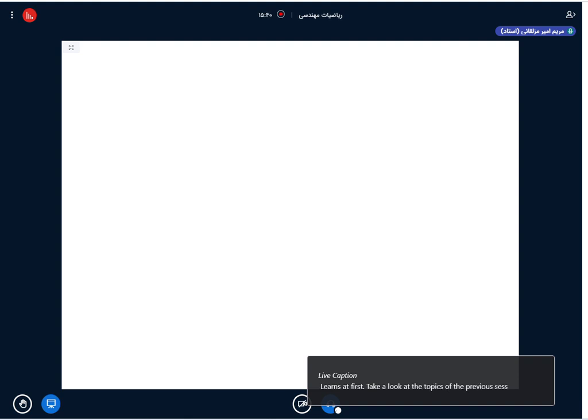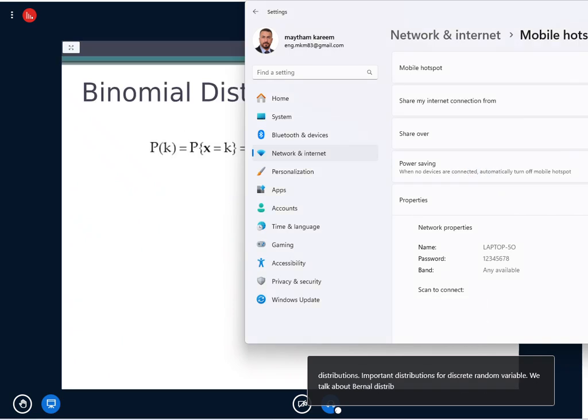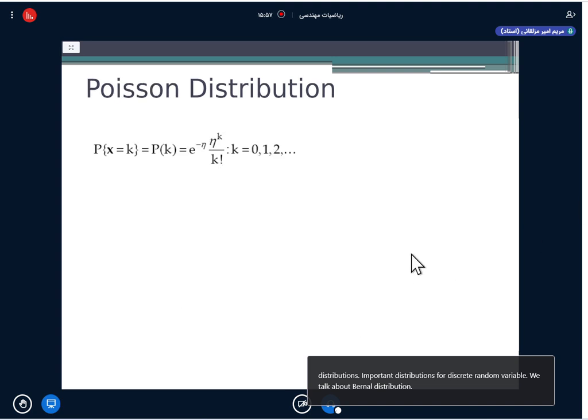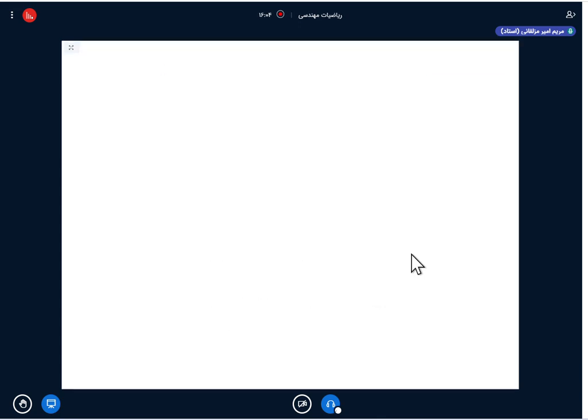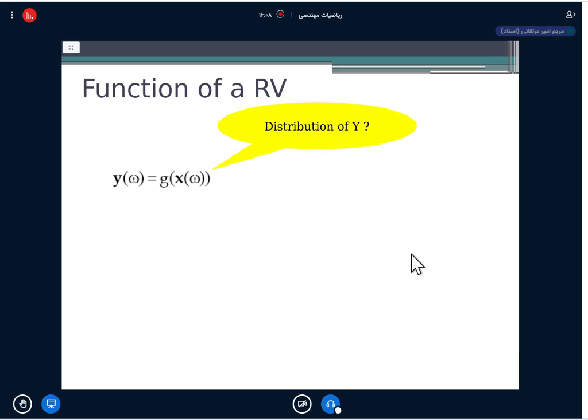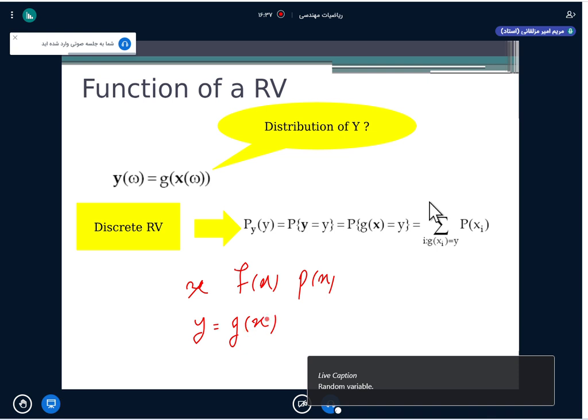At the topics of the previous sessions. In previous sessions, we discussed important discrete distributions for discrete random variables. We talked about Bernoulli distribution and